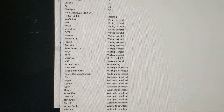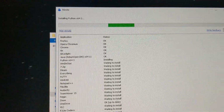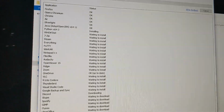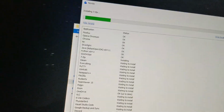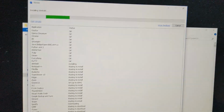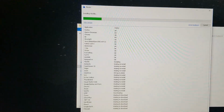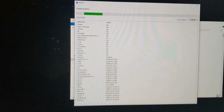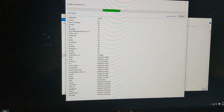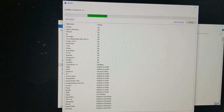This is insane, guys. I don't even know what I'm doing. I don't even know why it's installing all this crap on my computer. Well, it's on a separate drive, so at least for that, which I am gonna later on install Linux to that drive, because the reason I got that drive was so that I could have a separate drive for Linux for my computer, because I don't really like dual booting on the same drive. So after I'm done with this, I'm gonna end up putting Linux on that,